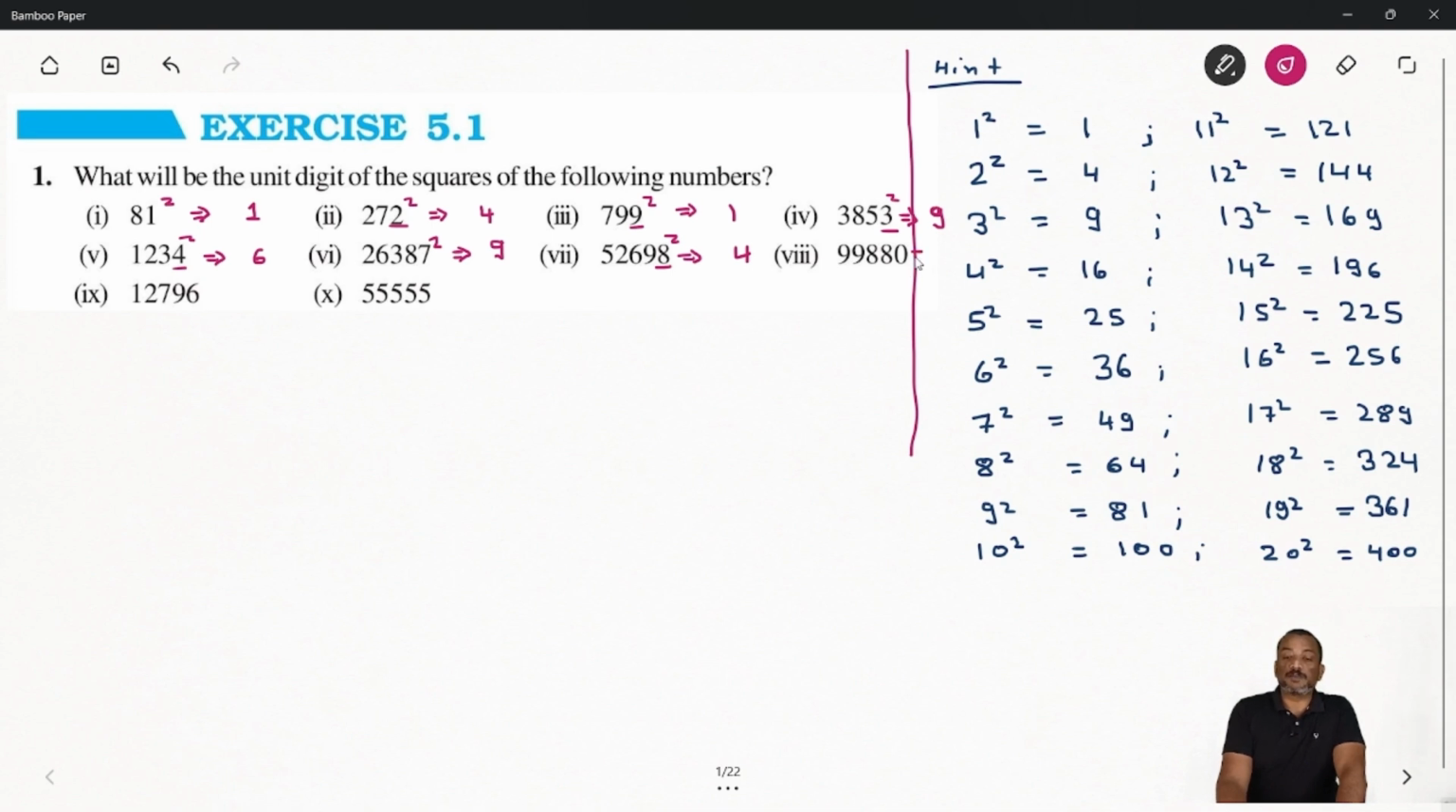सेम वे 99,880 तो यूनिट प्लेस पे यहाँ पे 0 है, ठीक है। तो इसके स्क्वायर नंबर के यूनिट प्लेस पे भी 0 आएगा। होप इट्स क्लियर। नाउ नेक्स्ट बात करें 9th वन सो 12,796 इसके यूनिट प्लेस पे 6 है तो इसके स्क्वायर प्लेस पे भी 6 आएगा, ठीक है। नाउ लास्ट वन आपका 55,555 है तो इसके यूनिट प्लेस पे 5 है तो इसके स्क्वायर नंबर के यूनिट प्लेस पे भी 5 आएगा। होप आपको ये टेबल के बेसिस पे याद रहेगा, ठीक है। तो ऐसे करके हमें ये क्वेश्चन सॉल्व करना है। होप इट्स क्लियर।